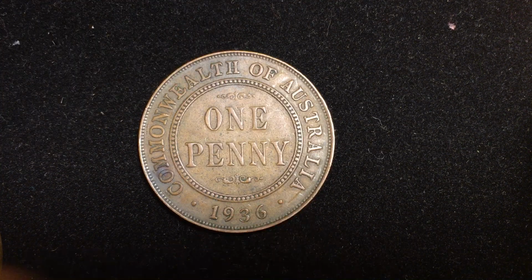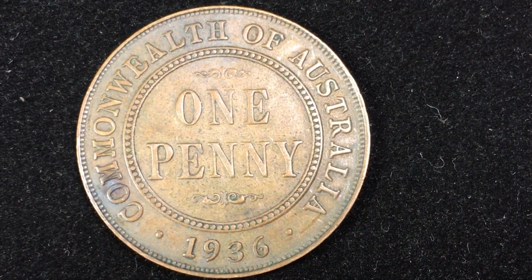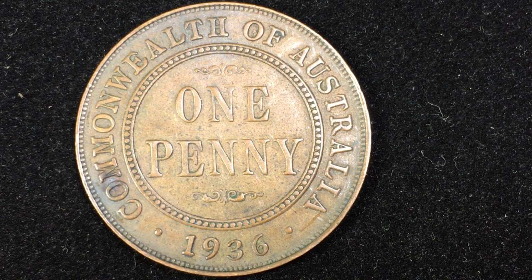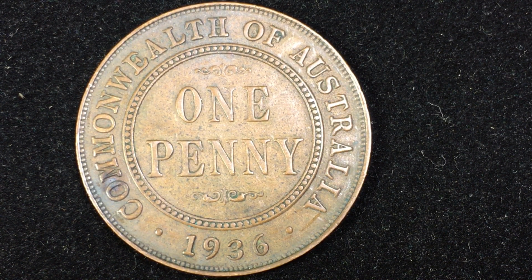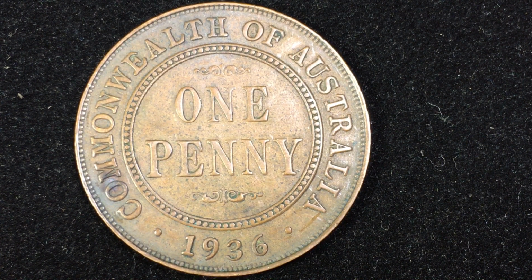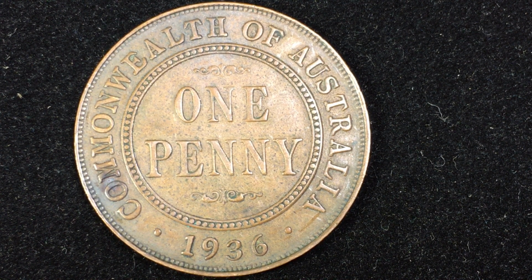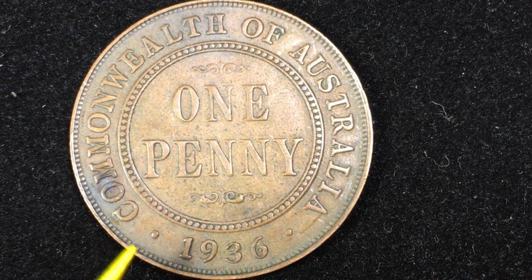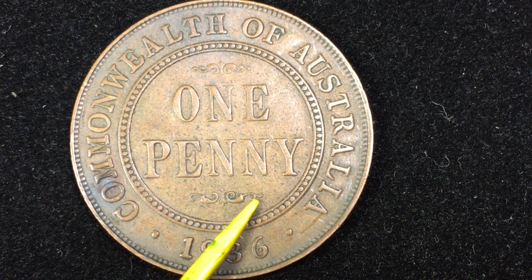This is a 1936 one penny coin from the Commonwealth of Australia. So you'll note that it doesn't have the kangaroo, which is so famous, on it, and it doesn't have the new 1 cent coins, or of course the 1 cent coins aren't being used anymore, which has the pygmy gliding possum on it. It just has this Commonwealth of Australia, 1 penny in the center, these scrolls here,